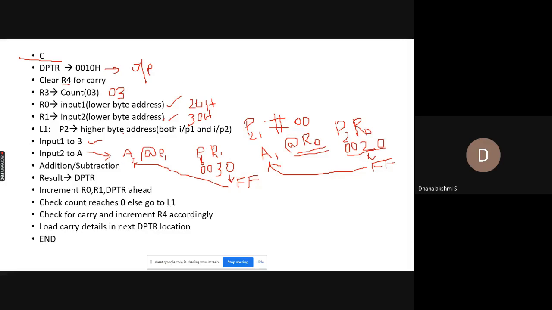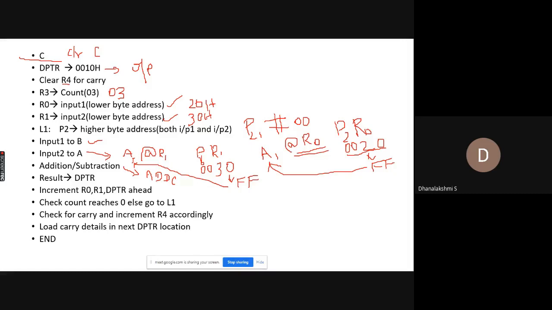So here you are supposed to have a single add instruction, and we cannot ignore the carry. So we are going to have a single instruction, which is ADDC. So in case there is any previous data in C, it has to be erased, or otherwise you will get wrong results. So that has to be cleared. That is why initially, you have to give CLR C.